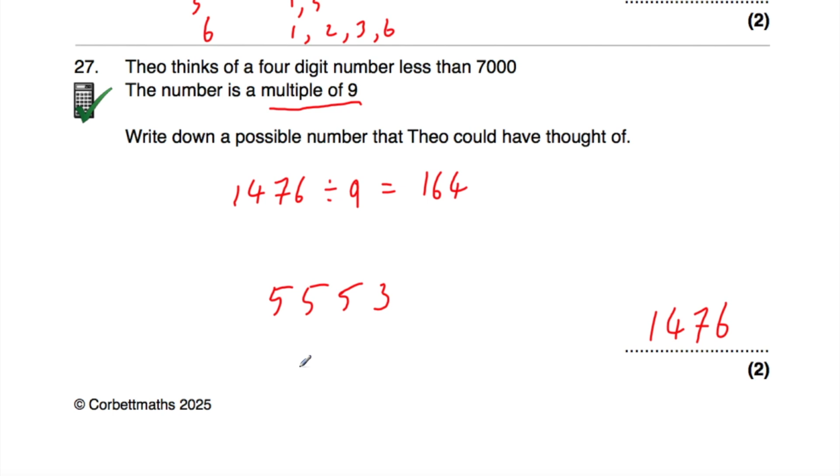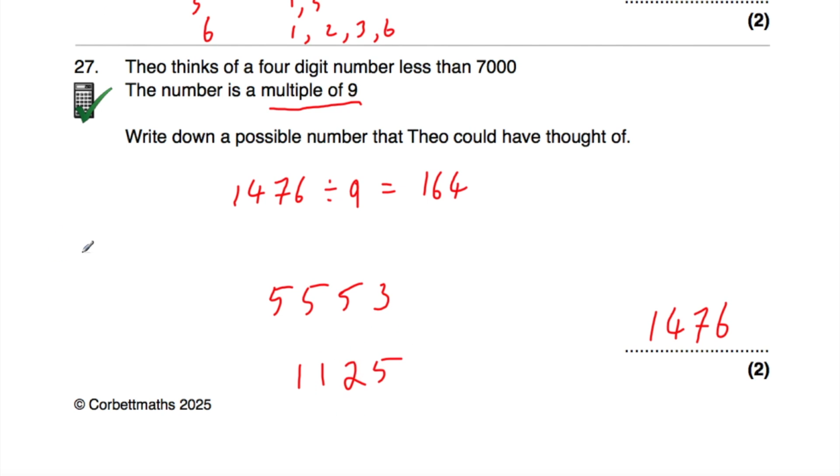Okay, let's try another one. So if we had 1, 1, 2, what would the next digit be? So 1 plus 1 is equal to 2, plus 2 is equal to 4. We want a number that's a multiple of 9, so I'm going to go for 5, because 1,125, the digits add together to be 9, that's a multiple of 9, so it means that that number is divisible by 9